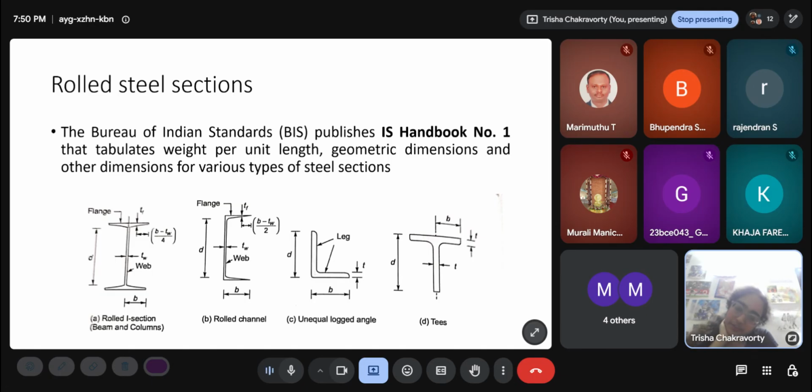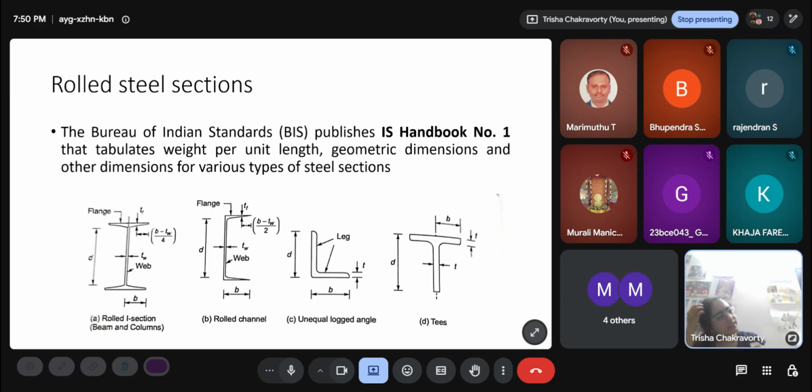Now, this is a concept which you have not encountered in design of concrete structures. It's the concept of steel sections. Concrete doesn't have fixed sections. We decide on the width and the depth, and we can make it whatever we want. I think there is one clause in the IS 456 that says that the smaller dimension of the column has to be 300 or more. So that is one criterion, but you can do it 315, 320, 350. You can make any combination of width and depth, but steel is not like that.